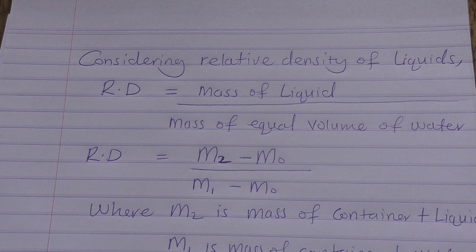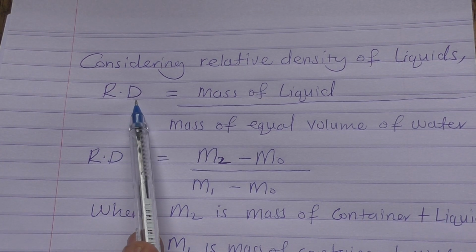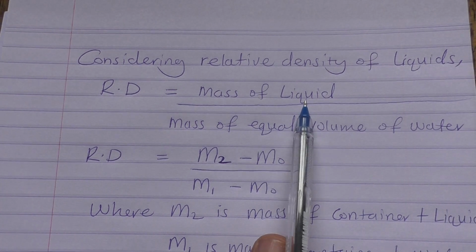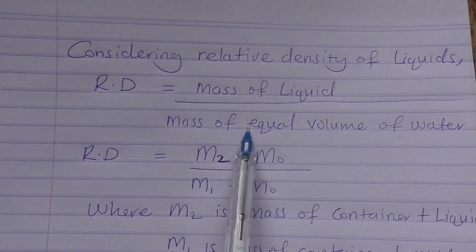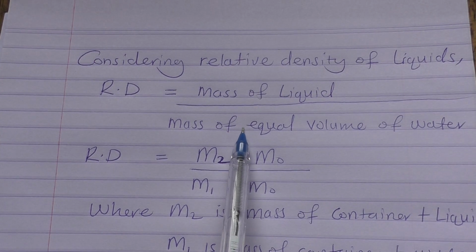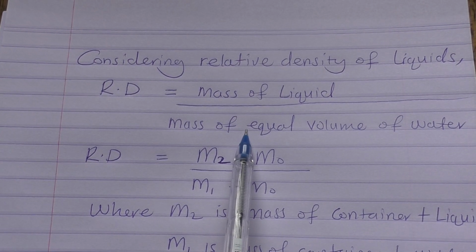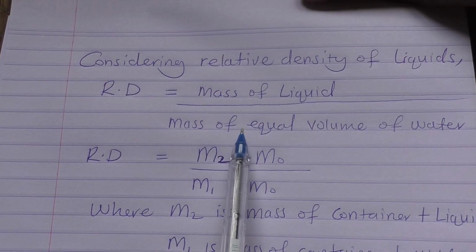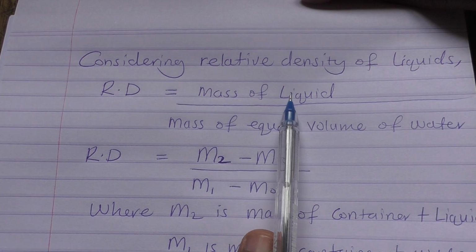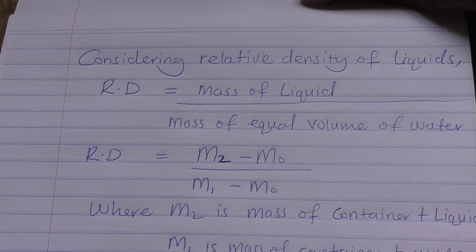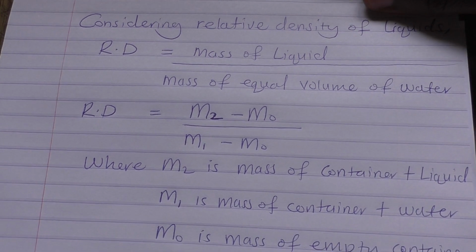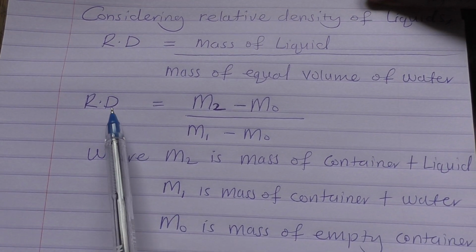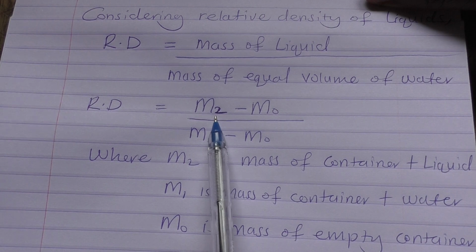We are using a density bottle or a container, whereby the relative density will be mass of the liquid over mass of equal volume of water. That means that if we are using a density bottle, it keeps the volume constant for both the liquid and the water. And therefore, that gives us the relative density as M2 minus M0